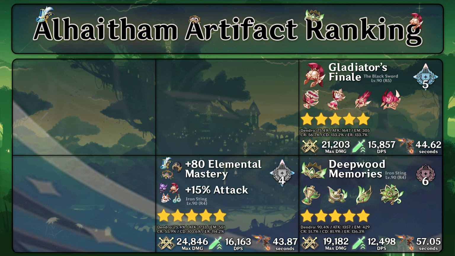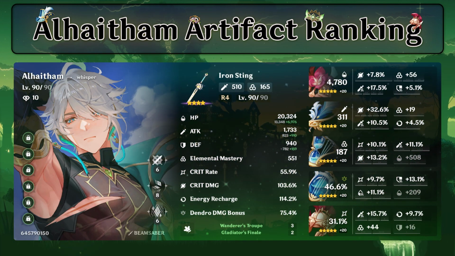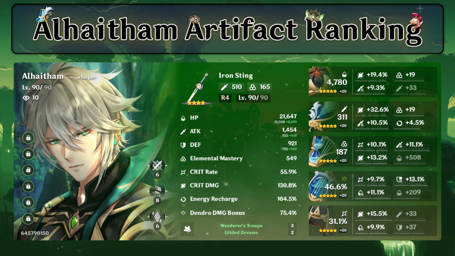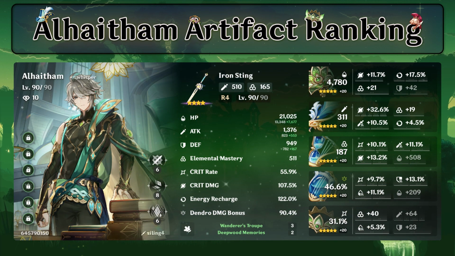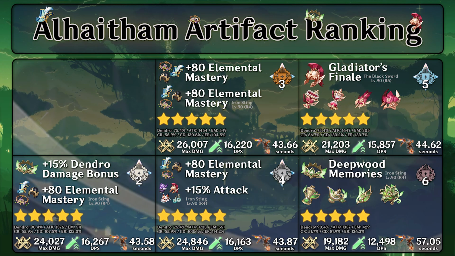In 4th place with 43.87 seconds, the 2-piece attack percent and EM combination. This was closely followed by the 2x2-piece Elemental Mastery combo in 3rd place with 43.66 seconds. Keeping with this 2-set combination theme, in 2nd place is the 2-piece Deepwood Memories and EM combo with 43.58 seconds. All of these 2-set combinations were tested with the Iron Sting. And in 1st place, drumroll please,